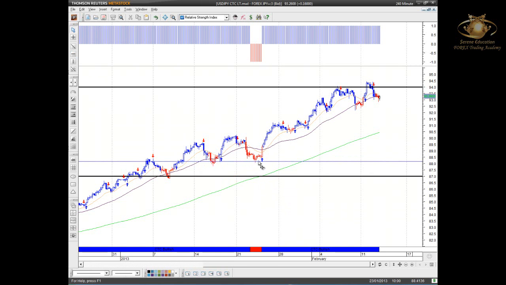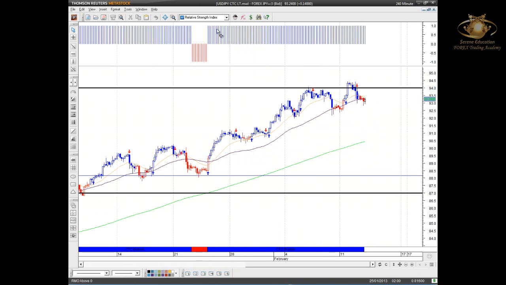That failed to materialize. So this particular sell here was null and void because we're trading into a major support area at that time frame. So looking back here, you can quite clearly see we have seen price pulling back. However, you can still see that the histogram remains blue. Okay, but in order for this to be a genuine upside, we would need to see another bullish engulfing candle